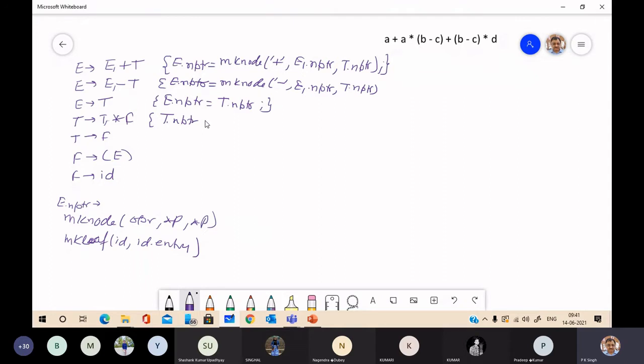These are the synthesized attributes. T dot nptr is make node asterisk, multiplication, T1 dot nptr and F dot nptr.